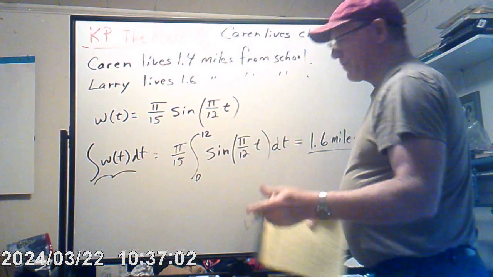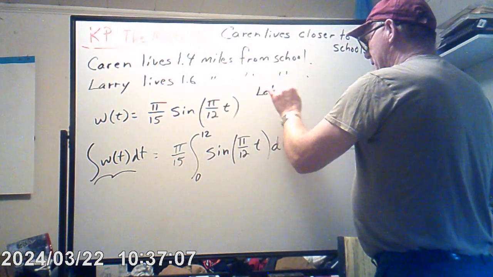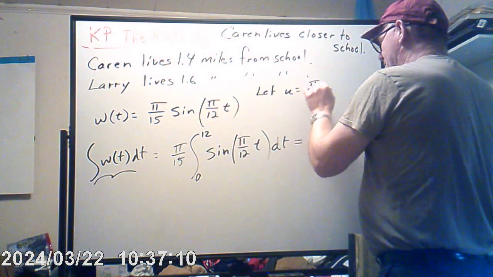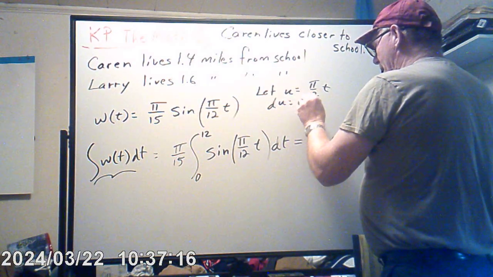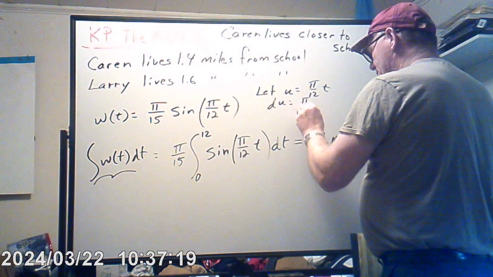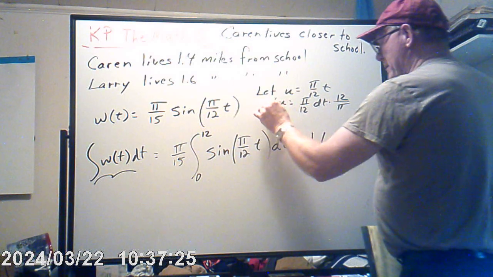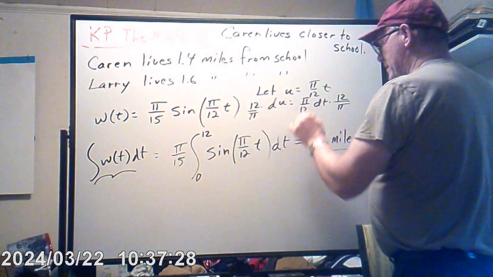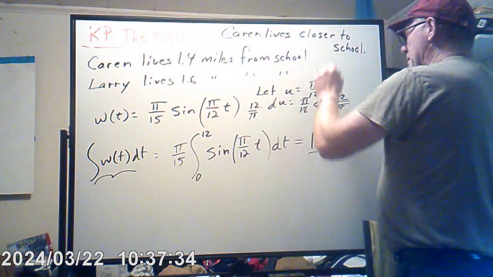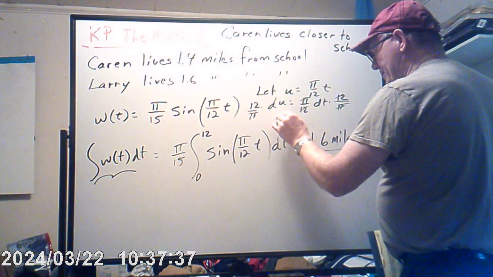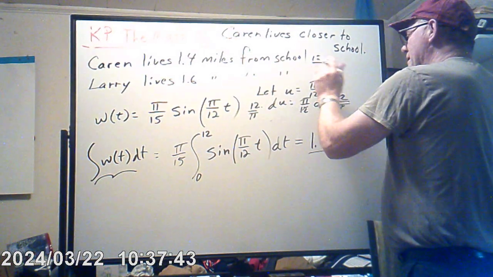So very quickly, let u be equal to pi over 12 t. Then du is pi over 12 dt. If I multiply by 12 over pi, then all of this divides out, and we get 12 over pi du. Okay, so 12 over pi, what am I doing? Pi